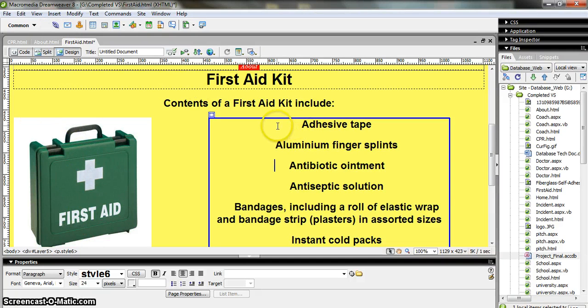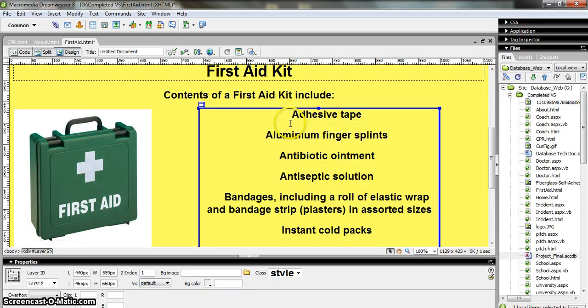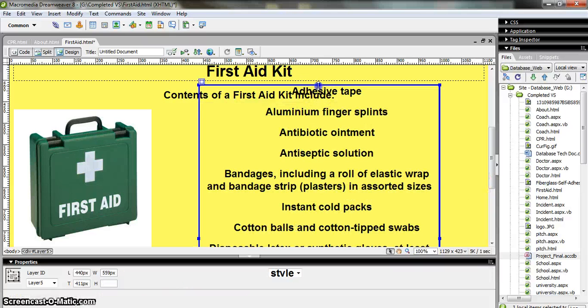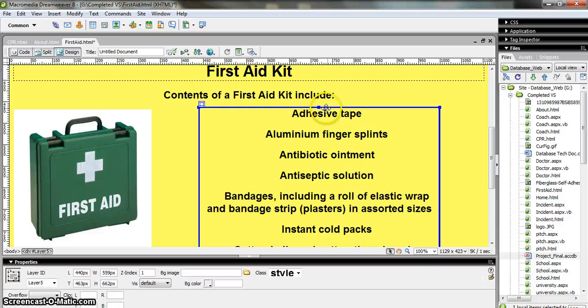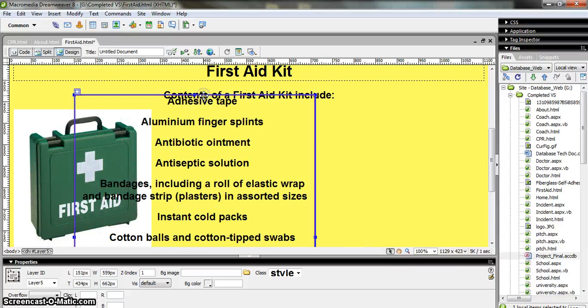What I like about layers is it's very easy to move around. All you have to do is just put it in. You can resize it for whatever size you want. You can position it anywhere you want in the page, so I can position it right beside the image, say here,